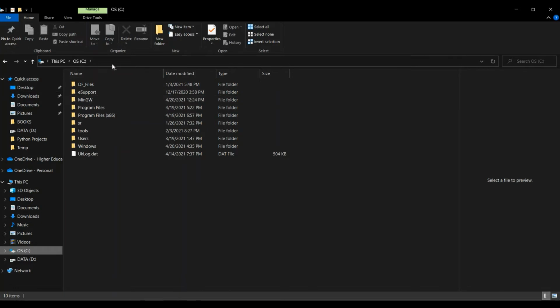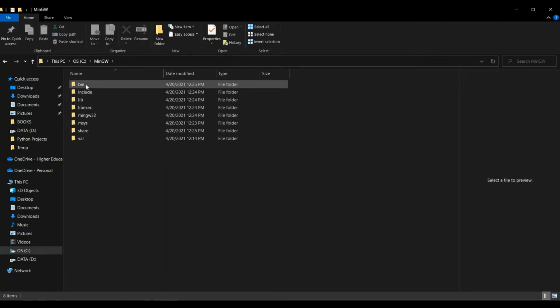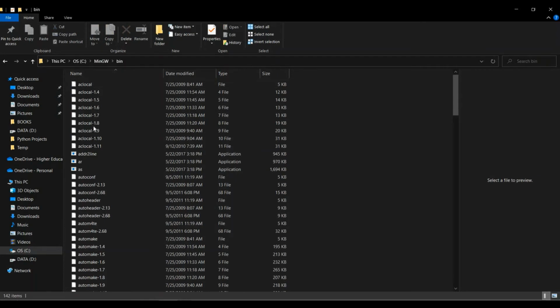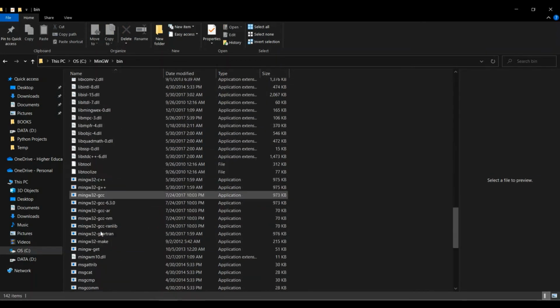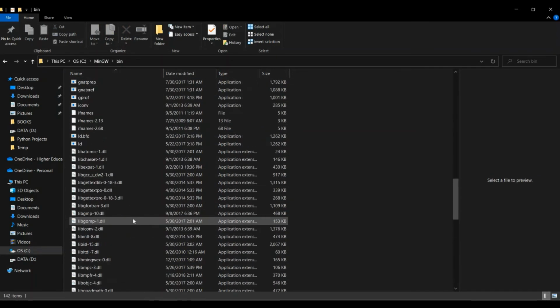If you didn't change your directory when you were installing, it would probably be in the C drive. So here it is, MinGW. You click on this, you click on bin. So these are the compilers, all the compilers that you installed.